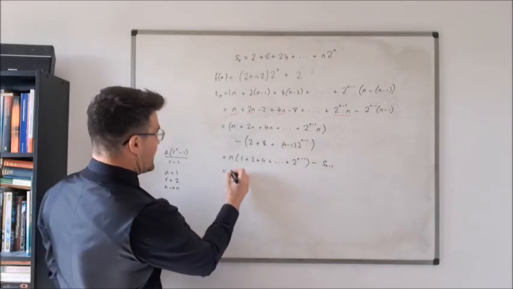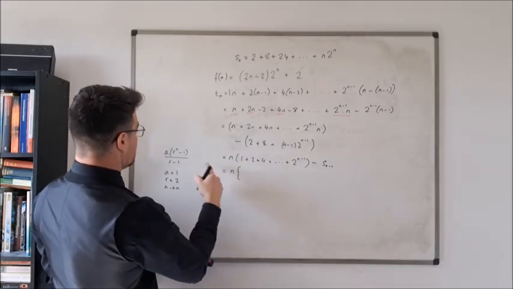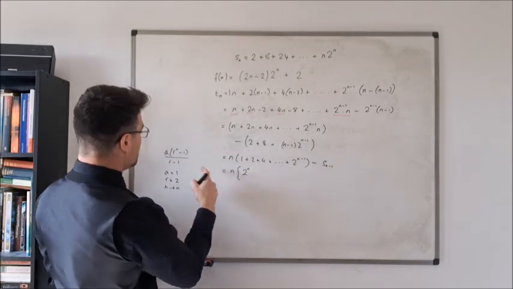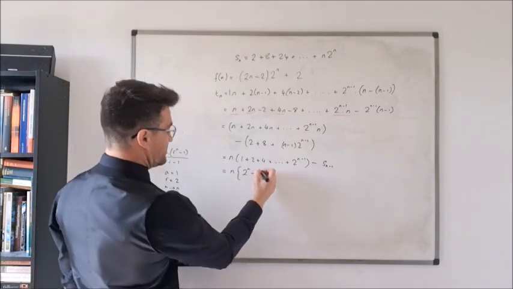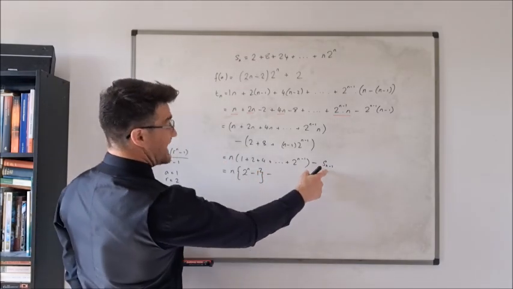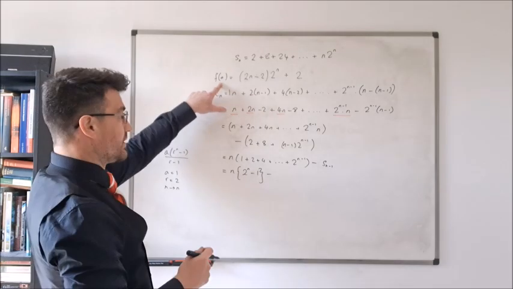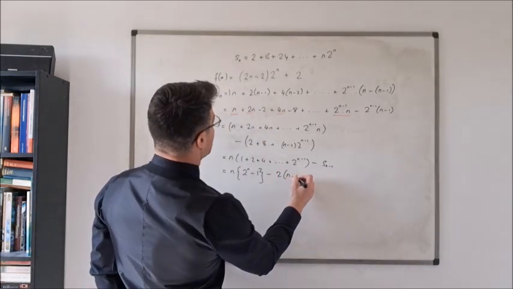So we get n times a, which is 1, times 2 to the power of n, minus 1, over r minus 1, which is just 1, minus Sn minus 1